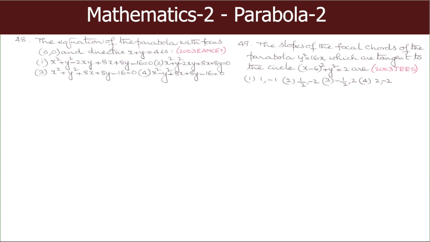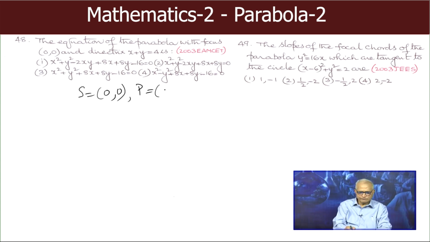The equation of the parabola with focus 0, 0 and directrix x plus y equal to 4 is, 2003 EAPCET. Well, focus and directrix, that is the very definition of the parabola. The focus directrix property, SP equal to PM. So, S is 0, 0 and P is x, y. And PM is the distance of P from the directrix